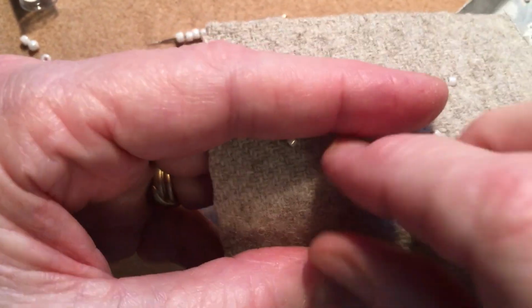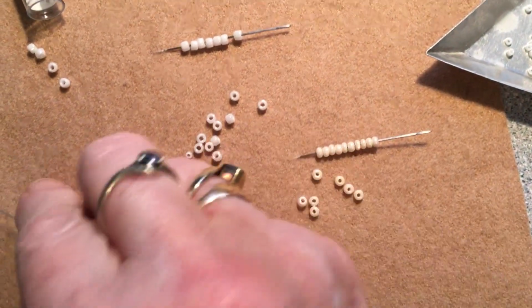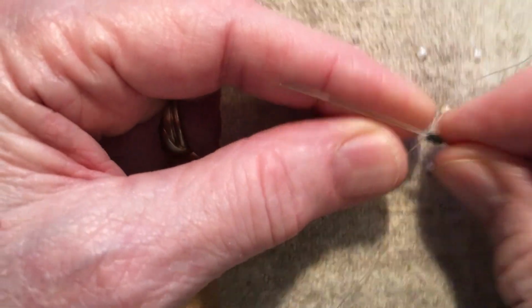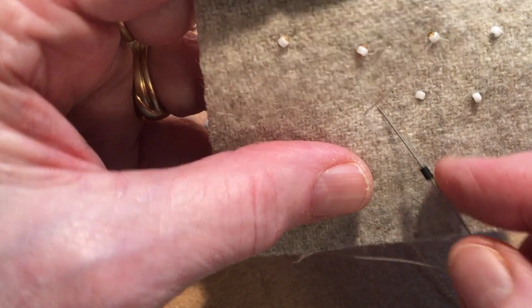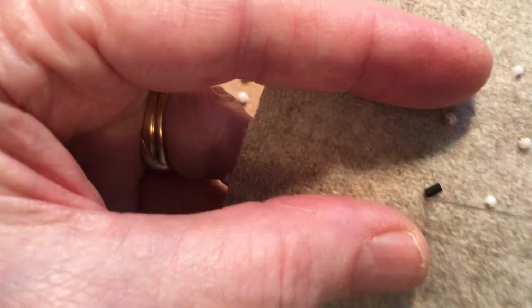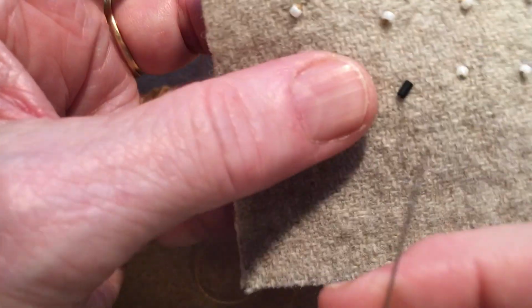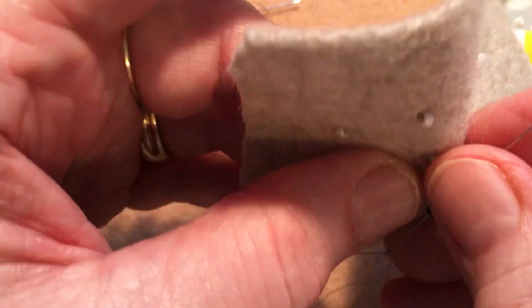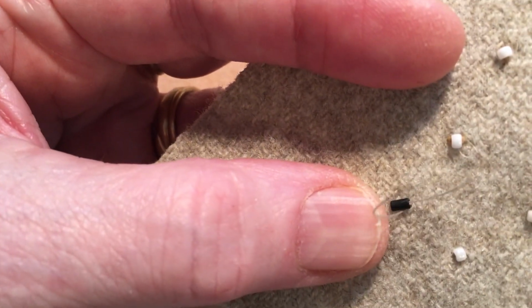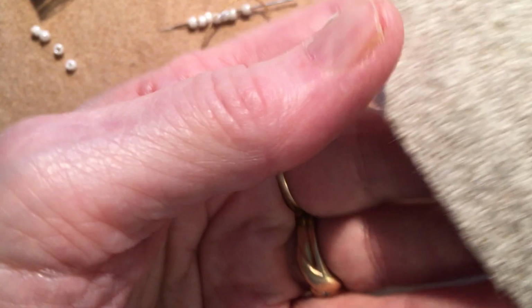Now, if I were going to do a bugle, and I'll do a short bugle here. You see I picked up a bugle bead, and you kind of have to estimate how far that bugle bead is, and that's how far apart you go down. And again, you use a color of thread that matches the fabric. Now with beading, bugles for some reason tend to run a little bit narrower, so you may not get through twice with the pearl cotton, but with beading thread you certainly can. And there you have your